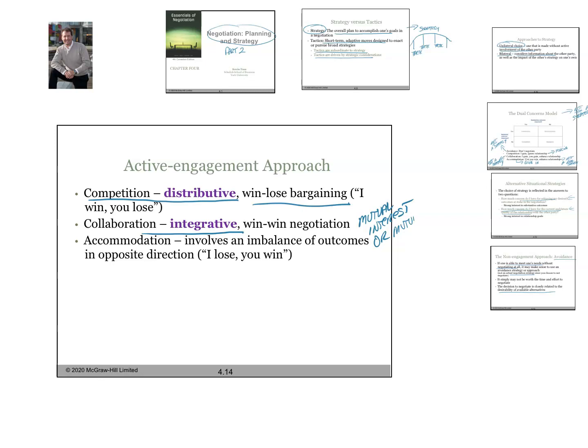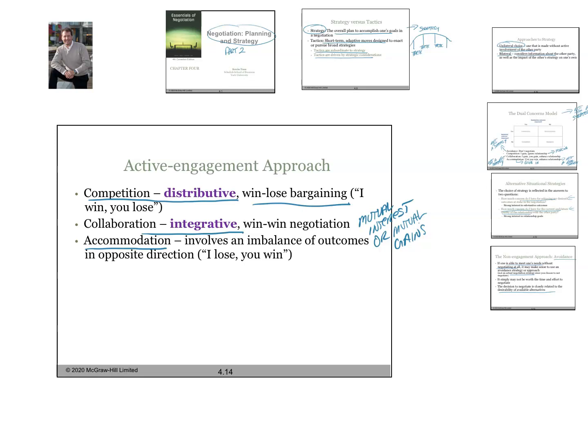And again, the accommodation one, when you're just giving in, I argue that's not really a strategy at all in terms of negotiation, because you're not really negotiating, you're just giving in. Now, there are degrees of how much we accommodate, and you can certainly use accommodation from time to time to give in if you have to do a compromise from time to time. Even though it's overall an integrative or win-win negotiation process, it's fine to do little compromises along the way just to speed things up, as long as you don't do it for the big stuff and you really focus on